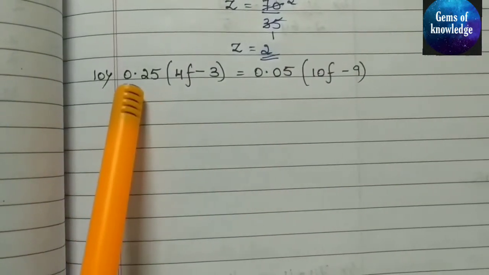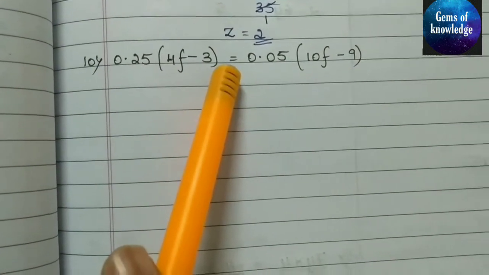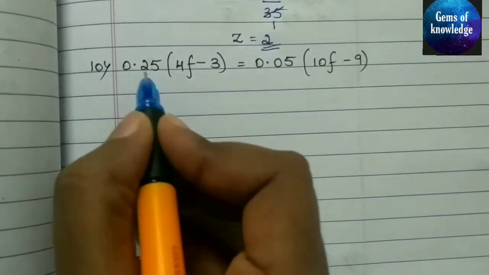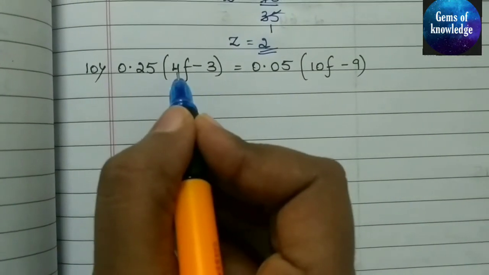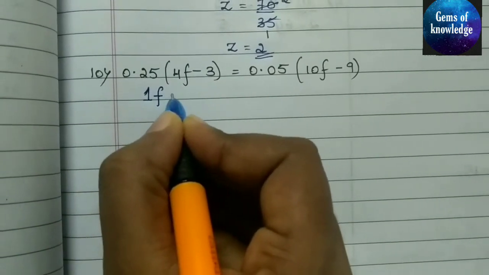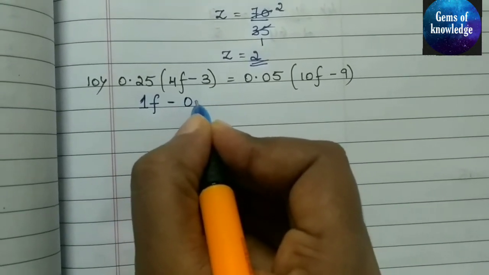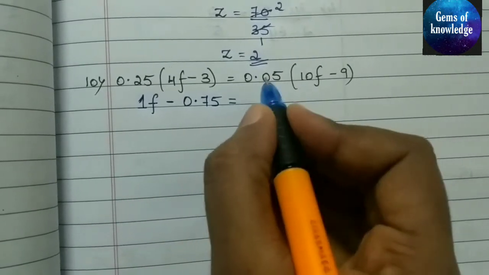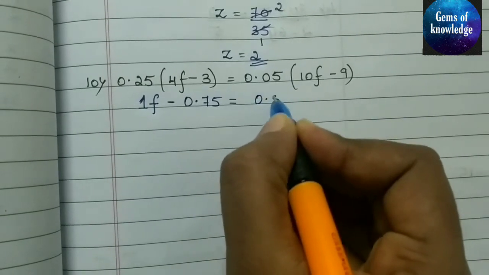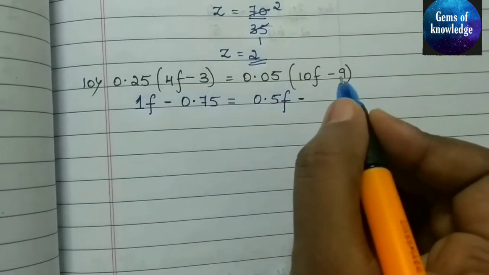So the next question, which is the last question of this exercise: you can see here 0.25 into 4f minus 3, which is equal to 0.05 into 4f minus 9, is given. When you multiply 0.25 into 4, you get 1f. Minus 0.25 multiplied by 3 gives 0.75, which is equal to 0.05 multiplied by 10, giving 0.5f, minus 0.05 multiplied by 9, giving